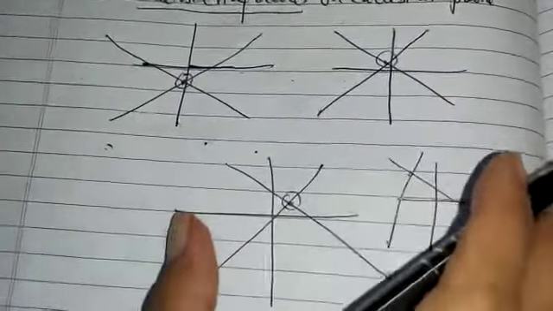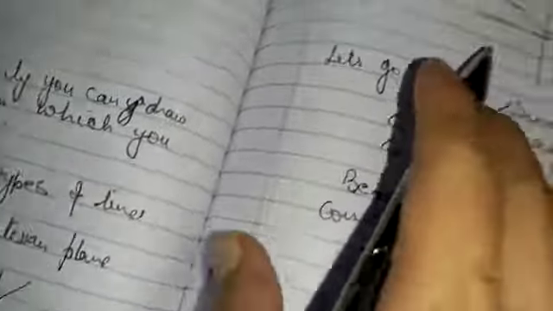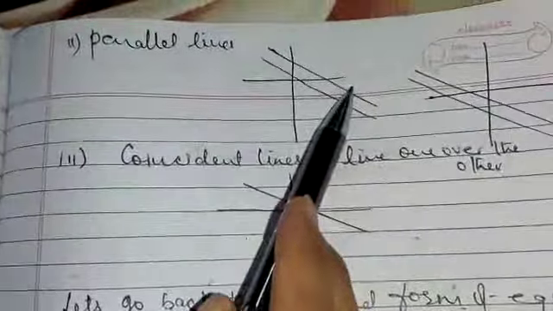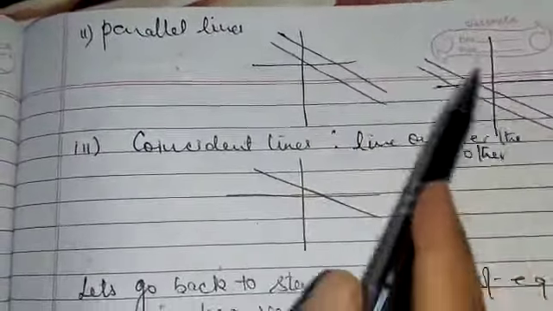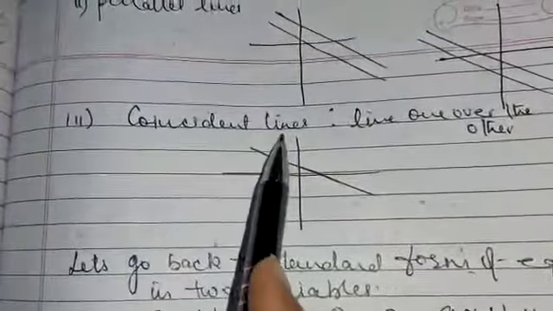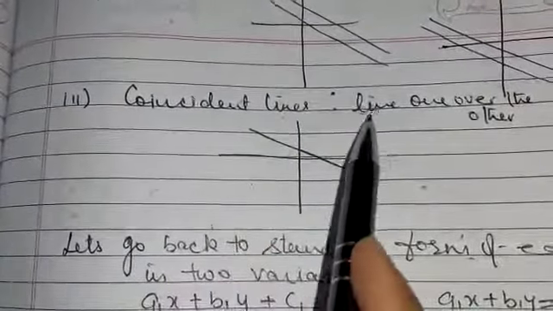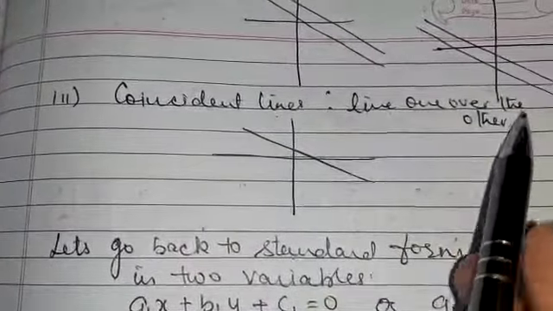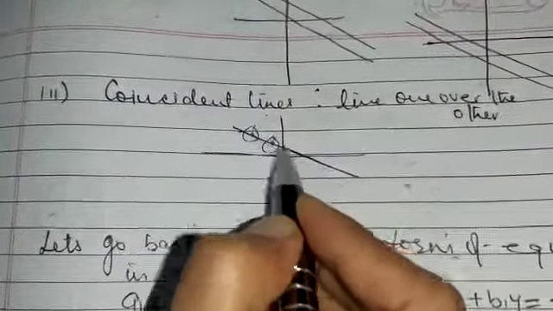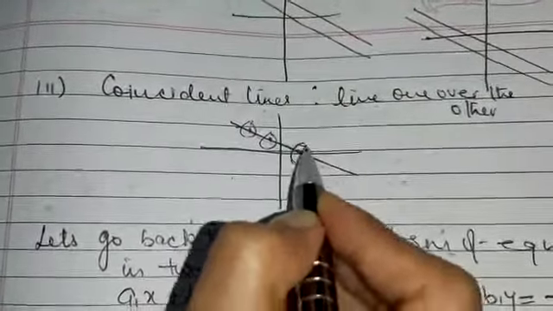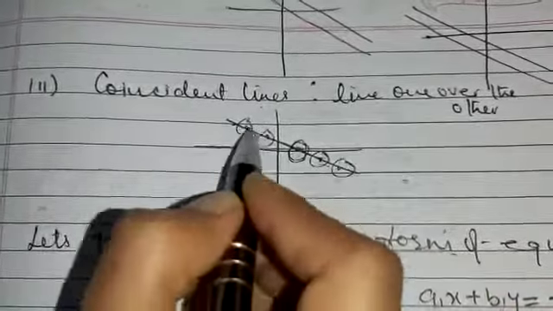We will discuss it later on also. Now another is parallel lines. When you draw the graph, you can get parallel lines this way or this way, anyway. Then coincident lines. Coincident lines means one line over the other. One line you are getting like this. Suppose 3 points you have taken like this. Another 3 points can be, one can be the same, another here, another here. So you get two coincident lines.